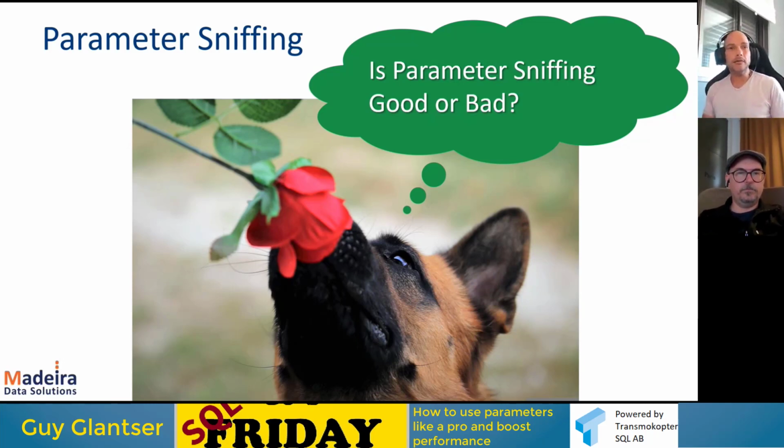Okay, but sometimes you have a column with a different distribution, and for some values in that column, or for some parameter values, you want plan A. For other values, you want plan B. And the problem here is that SQL Server generates the plan based only on the first execution. And now we get stuck with that plan in the cache, and all consequent users and executions will use the same plan. And it will be the wrong plan for some, or maybe for most of executions. And this might be a real problem.